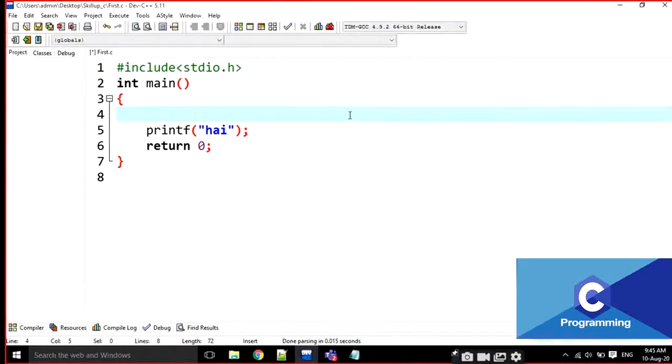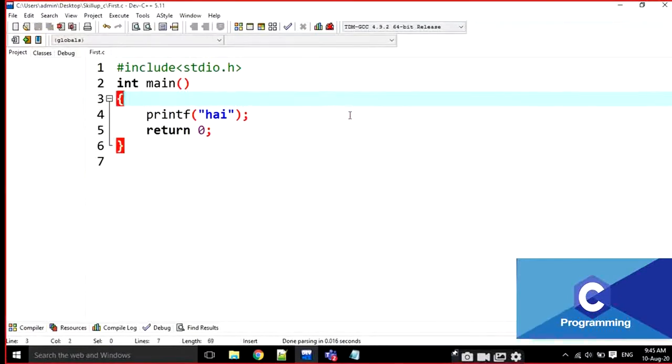Indentation is not a syntax in the C programming language, but we have to follow it. We are engineering students, right? We have to follow some standards, so that it is clear the program was written by an engineering student.